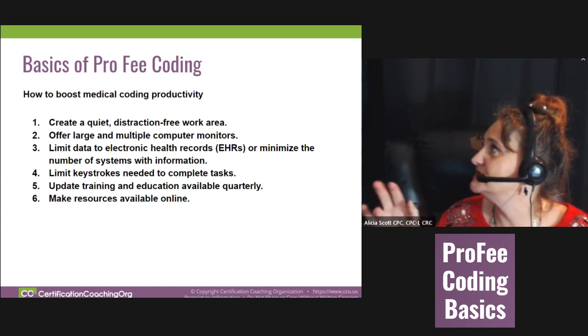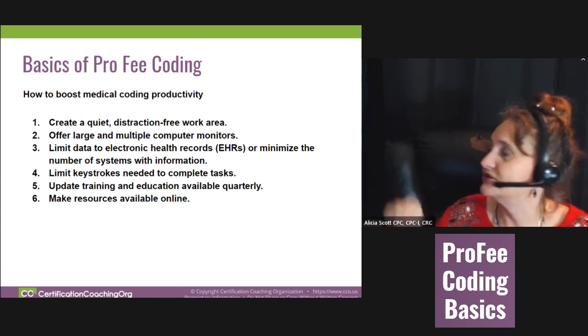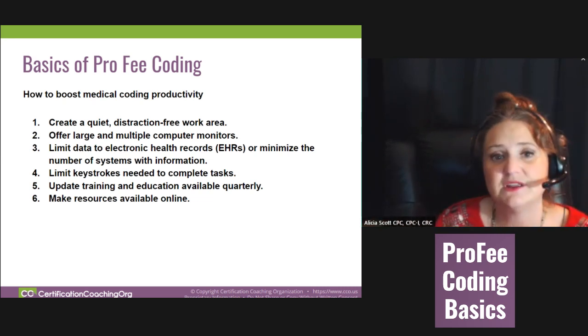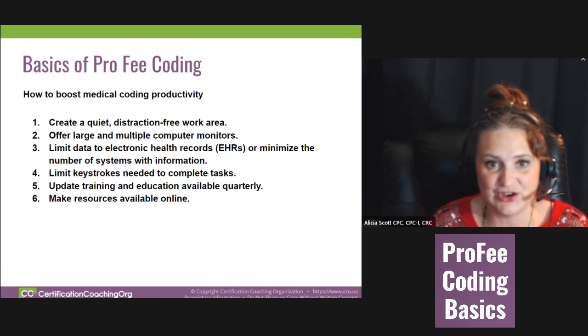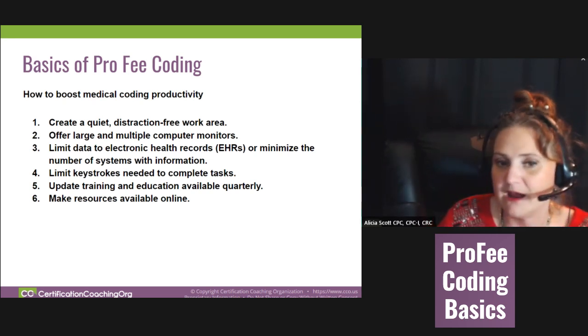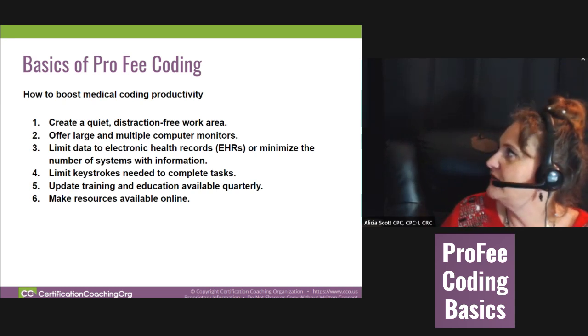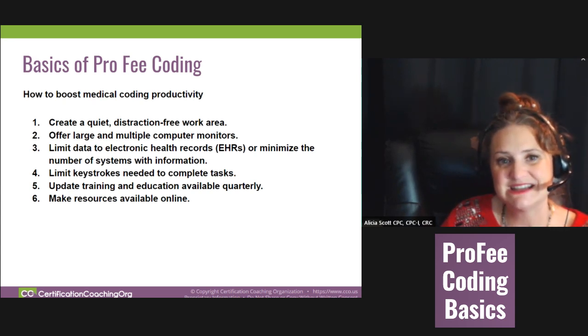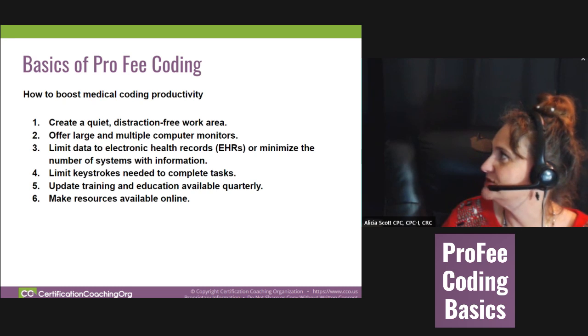90662 and G0008. Notice, and then there's codes for pneumonia the same way. Here's one that I learned the other day that I didn't know about, that I put a note up on my wall, and I'm excited to share with you. If you do a UA of 81003 and a drug test 80305, you need to append a modifier XU to one of those, because there's no G code available for those.